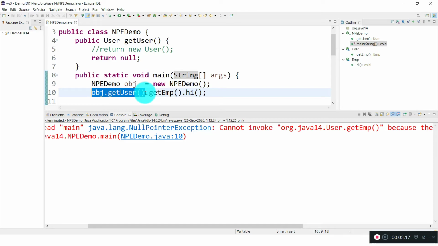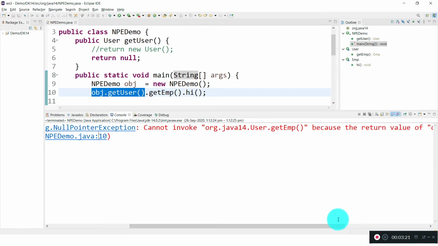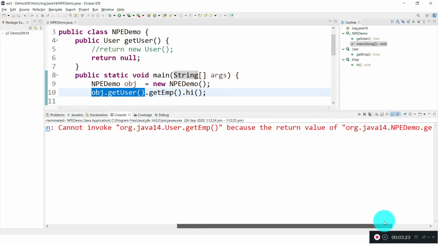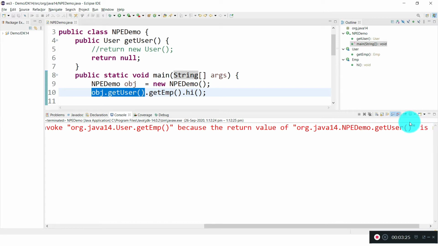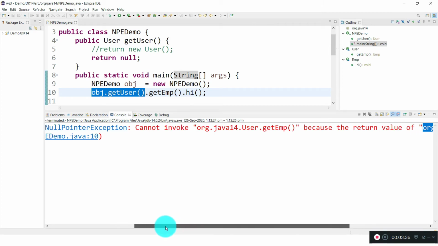That's the reason you are getting the error, because the return value of the user.getUser method is null. See how good it is.